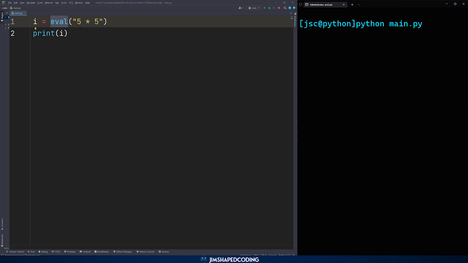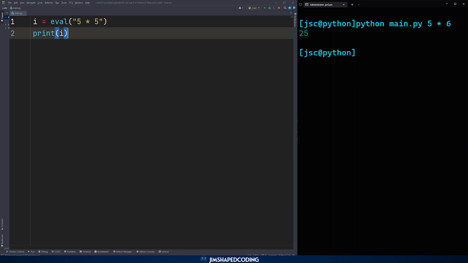Now let's imagine that we want to do this on demand. Let's imagine that we want to receive at least one argument that gives the operations string, right? So if I was to say something like 5 times 6, then we should receive 30, but we receive 25 because of the print line here, and we don't do anything with those